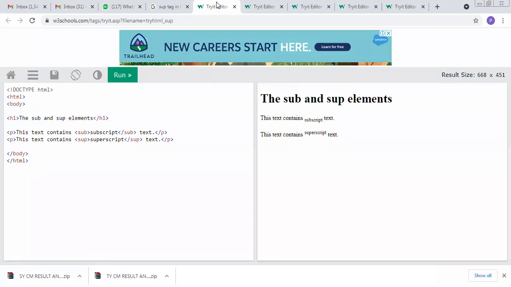Whenever we display the particular text content as a subscript, we use the SUB tag before the text, and after the text we close that tag. For the superscript, again we mention the tag before the text and close it after the text. Here is the example through which we consider the subscript tag and superscript tag.